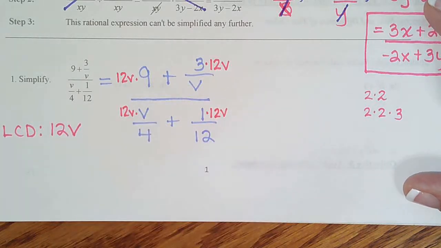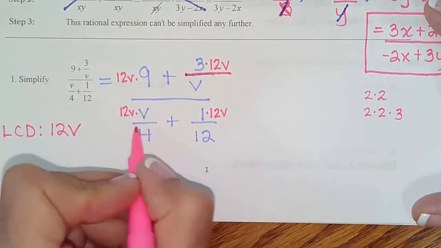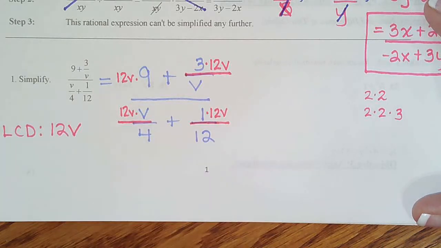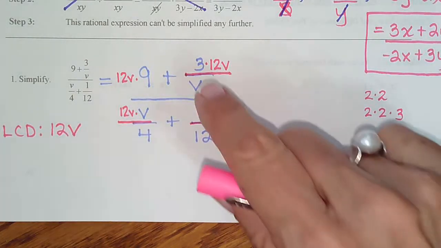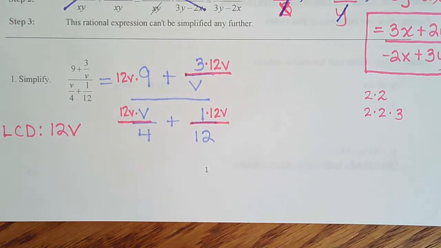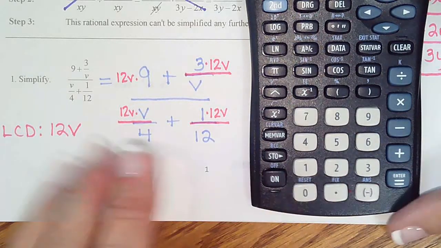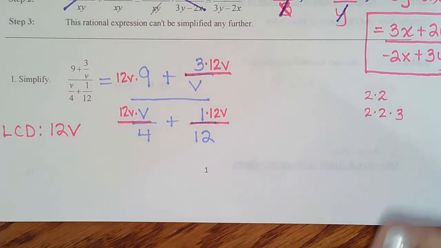And remember what I said, put it in the numerator so you know there's going to be canceling on the next step. Because your goal is after this step, there should only be one fraction bar. There should not be 1, 2, 3, 4 fraction bars. There should be one fraction bar. So we have 12 times 9, which is 108, I believe. Yep. So we have 108v